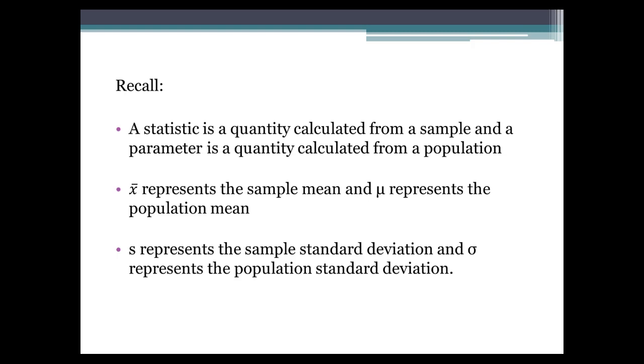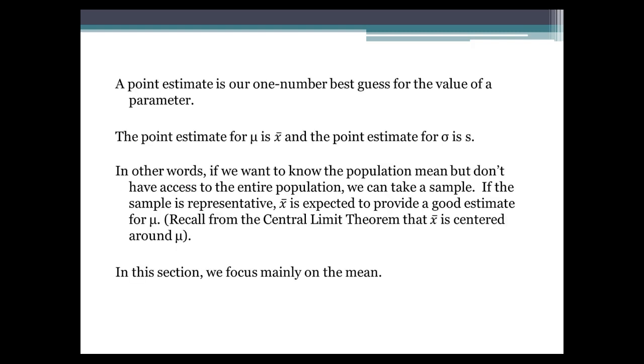X bar is the sample mean, mu is the population mean, S is the sample standard deviation, and sigma is the population standard deviation. So again, if you can't access that in your brain instantly, write it down where you can access it outside your brain. All right,